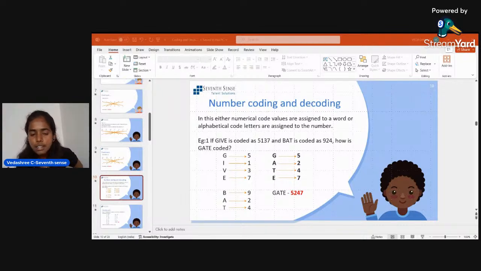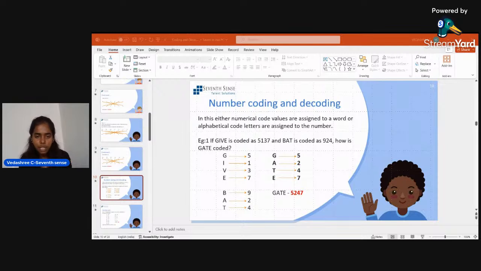So here what is the number assigned for G? That is 5. So next what is the number assigned for A? That is 2. Next what is the number assigned for T? That is 4. So next what is the number assigned for E? That is 7. Understood? So number coding is nothing but each and every letter in a word is assigned with